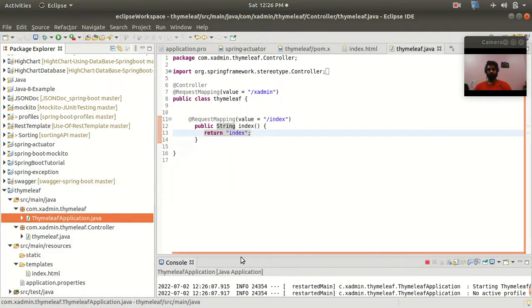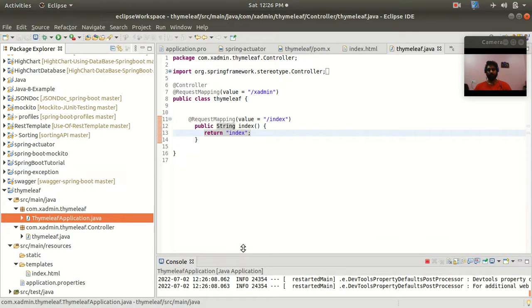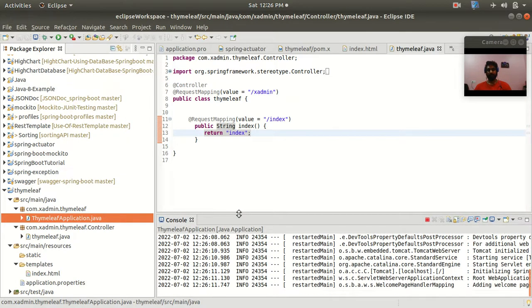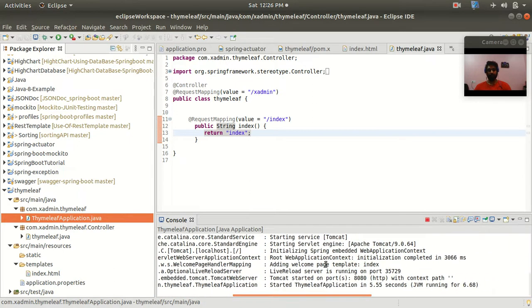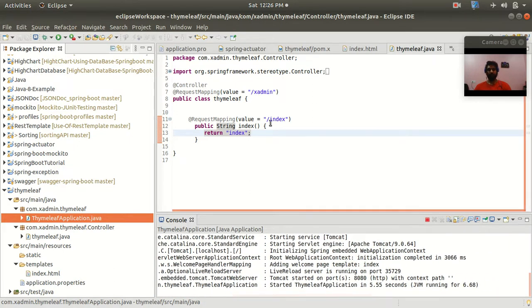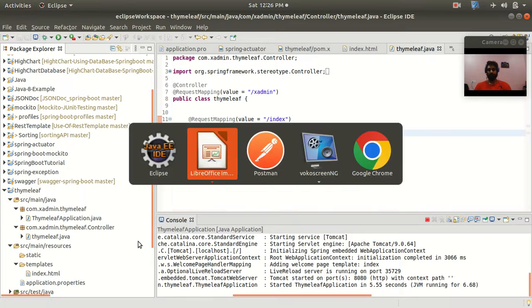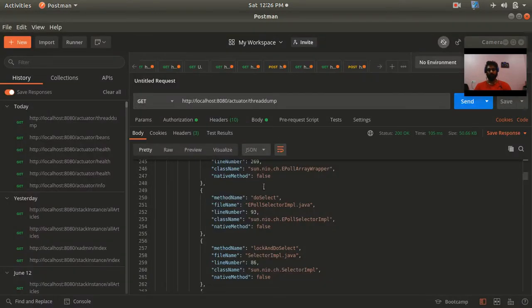So now my Thymeleaf project is running on port number 8080. Fine. And now I will access this endpoint from my browser. So what you have to do, let's go to Postman, let's copy this,